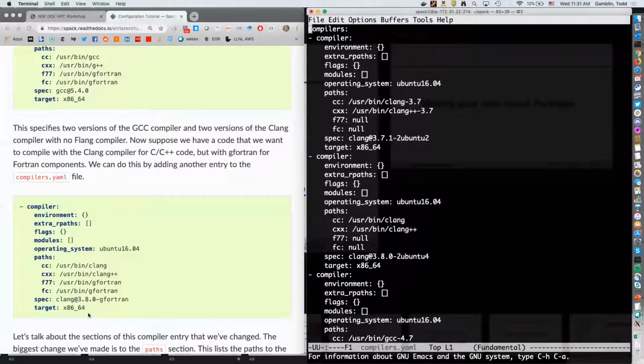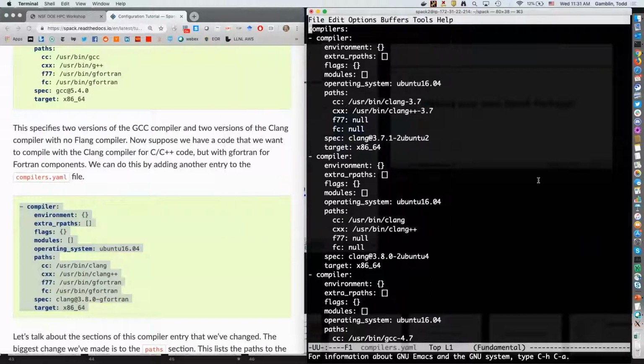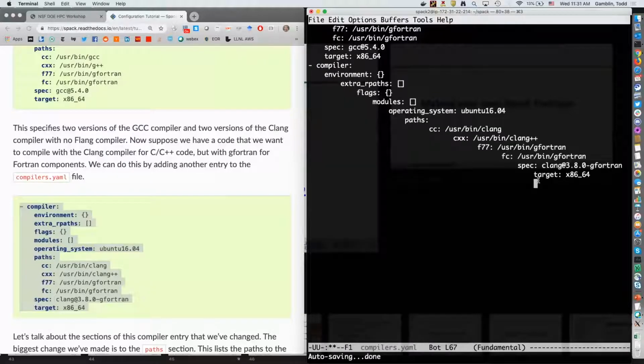So I mentioned earlier we could create a Franken compiler that has Clang for C and C++ and uses gfortran. And that's exactly what this is. I'm going to take that and